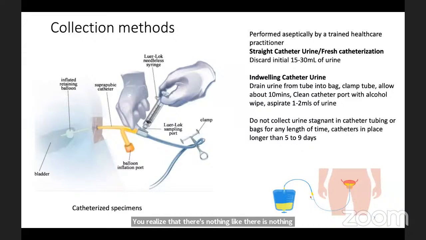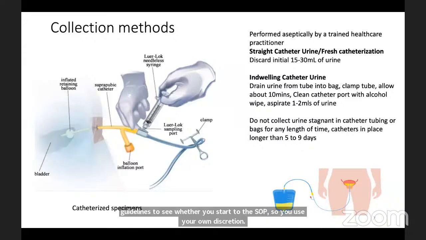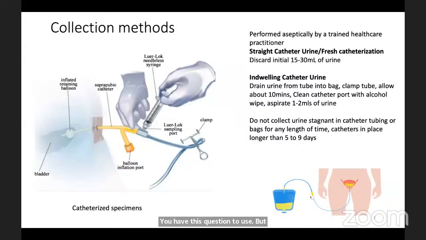If there are mortalities and you are looking for the causes, that is where somebody goes through the guidelines to see whether you stuck to the SOPs or you used your own discretion. You have discretion to use, but it must be in accordance with standards. So check the